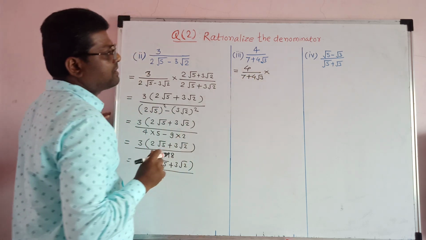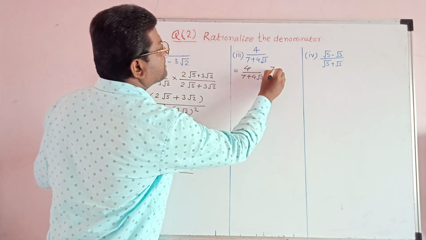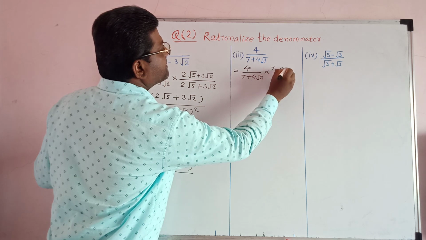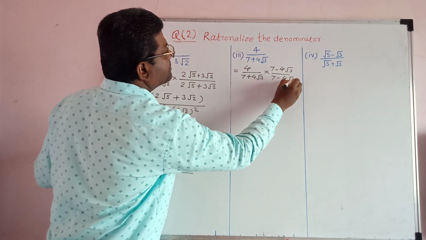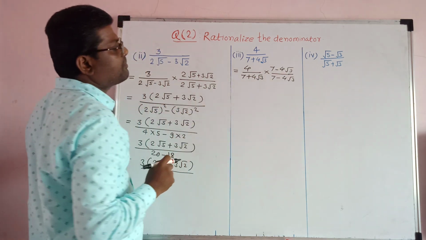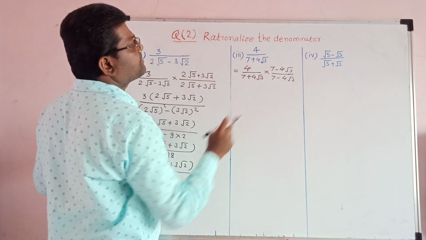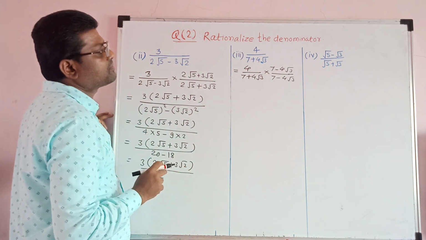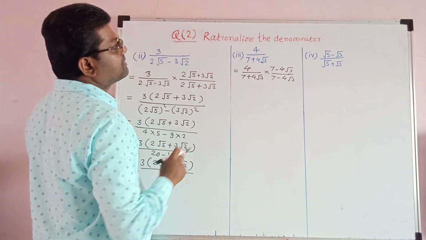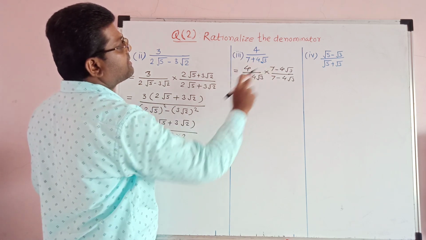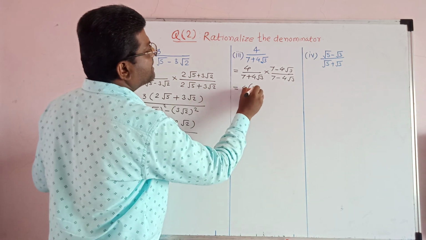Now multiply the numerator and denominator by the conjugate, (7 − 4√3) upon (7 − 4√3). The conjugate of 7 plus 4√3 is 7 minus 4√3. So we multiply the numerator and denominator of this term by the conjugate, which is equal to 4(7